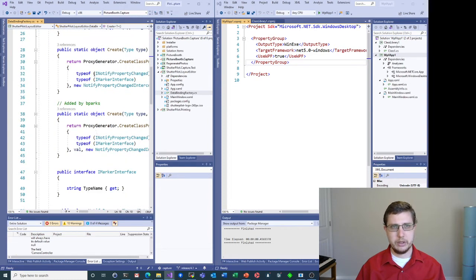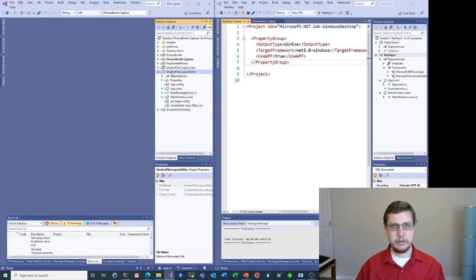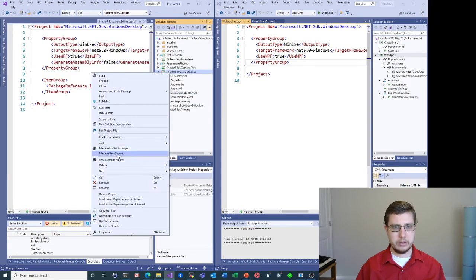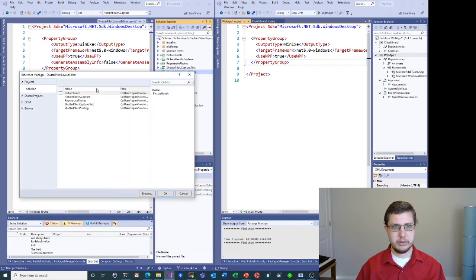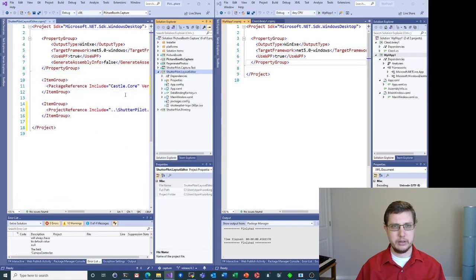Everything looks good. And then we need that project reference. Project reference to Shutterpilot.printing. Say OK. Now we've got a package reference on castle.core, project reference to Shutterpilot.printing. Let's just save that. Now let's try,